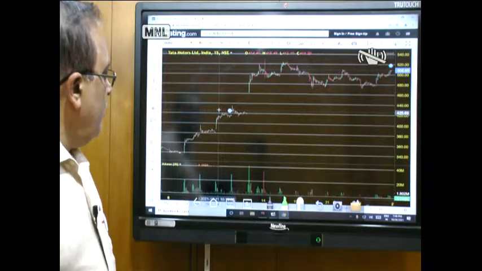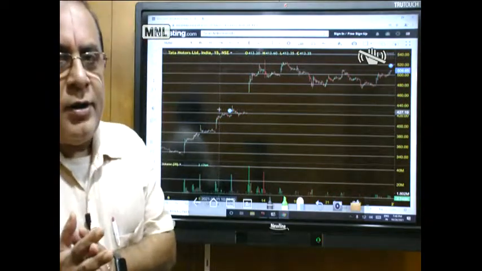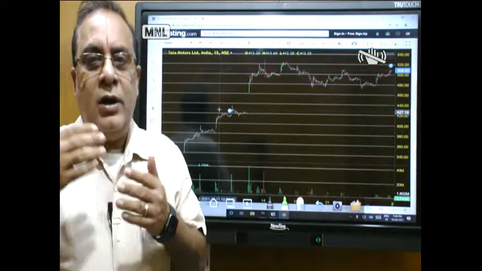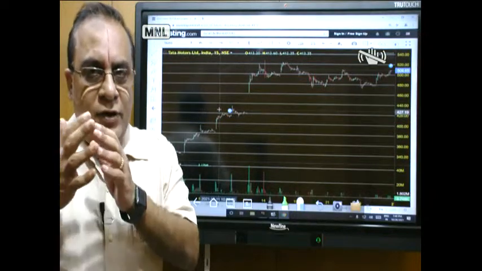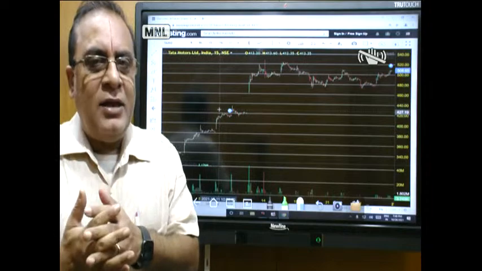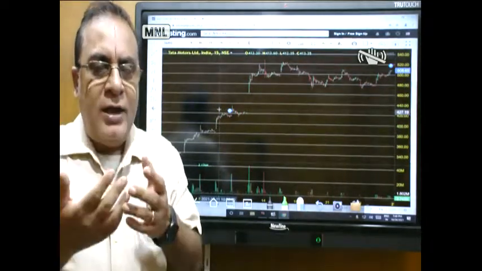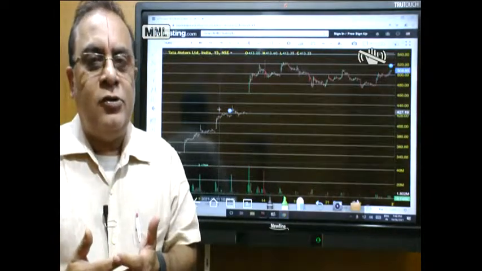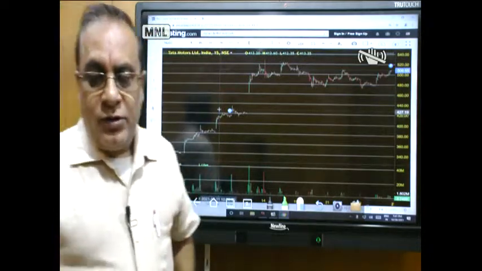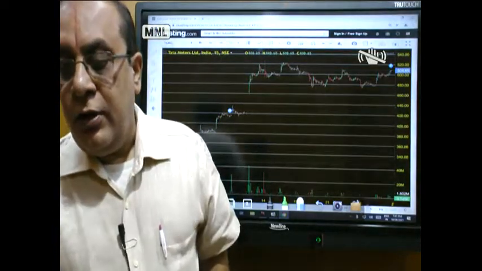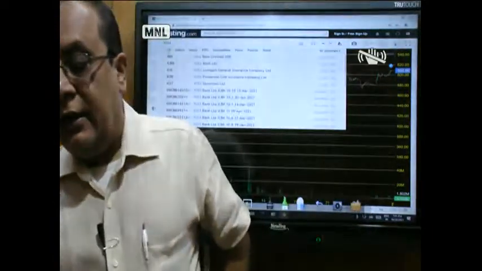So the one thing that can be established as far as stocks are concerned: if there is a big bull trend in the first 15 minutes, you can try to go above the high of that 15 minutes bar. If it is a slightly bearish mode for the day, if open is equal to high, and it starts cutting below that 15 minutes low, you can go for a short. This is one pattern that you can look towards trading. Now we will look at ICICI and some other stocks which are doing like that.